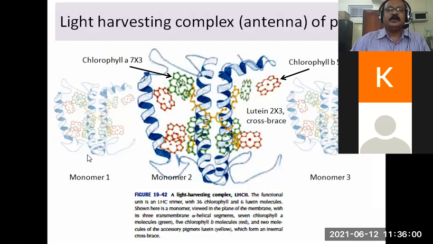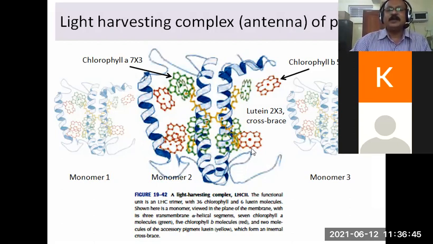There are three monomers which are present, so it is a trimeric structure. What is a trimeric structure? A trimeric structure indicates that there are 3 monomers present in the light harvesting complex. I'll show you here. Monomer number 1 is here, this one. Monomer number 2 is here, the dark one which is shown here, and monomer number 3 is shown here. All the 3 monomers are exactly the same, although I have shown the central one bigger so that you can see it more clearly. Actually all the 3 monomers are the same in size as well as in structure.